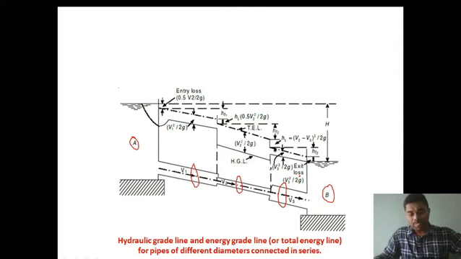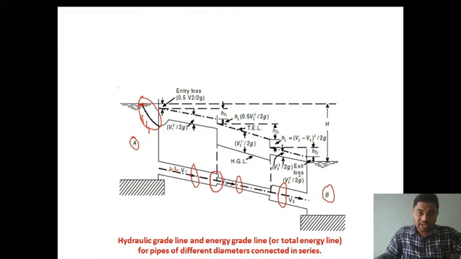So, how do the hydraulic grade line changes occur? Just look at the entrance. The entrance is the same. Here there is an abrupt change. It starts from the surface of the water, an abrupt change, and see, when the water is flowing from this pipe till here, there is a sudden contraction at this point, the water is facing sudden contraction.